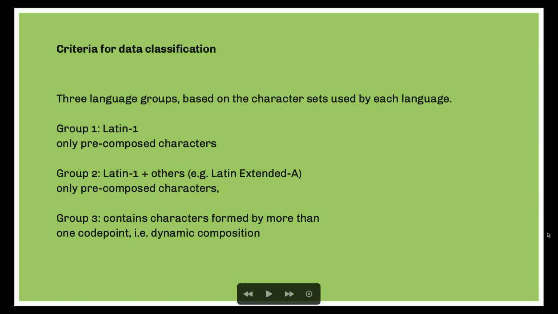So I ended up with this idea of three language groups. The first one is mostly basic Latin, with every keyboard. I mean, Brazilian, US, or European keyboards, you can type these languages, very straightforward. The second one has some additions to basic Latin that you can actually type because it's all encoded. All the characters are encoded characters, I mean, precomposed encoded characters. And the third group is a bit more tricky because it uses combining marks, so you need something like dynamic composition. It's a bit more difficult.